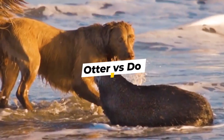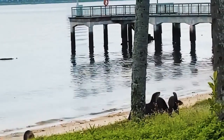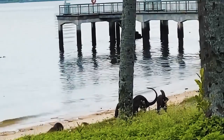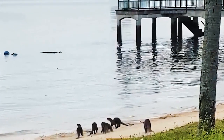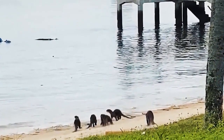Number 13. Otter versus dogs. Otters and dogs do not meet up very often, but in this clip we see a family of otters looking for a good spot to set up the umbrella and folding chairs so they can spend a nice day at the beach. However, when the otters spot a couple of dogs not too far away, they kind of panic and